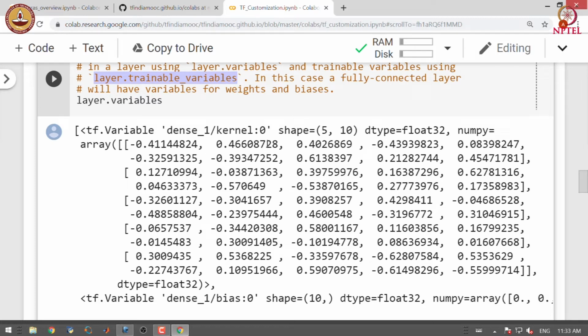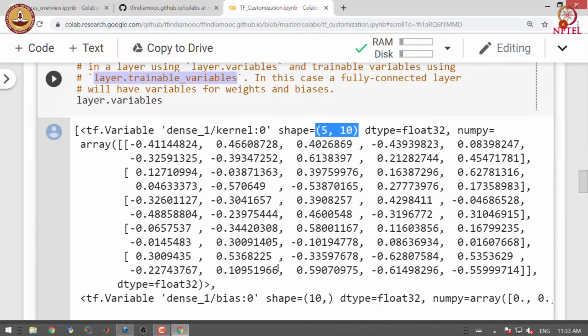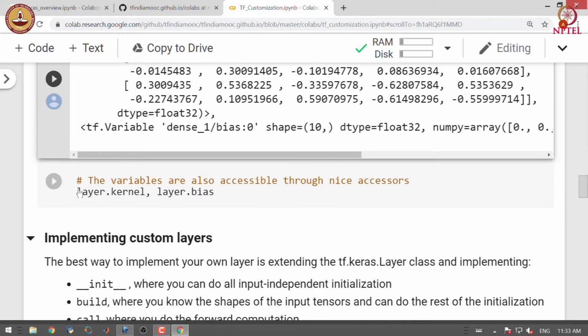You can see that there are variables over here and biases. So, we have a variable tensor that has shape of 5 cross 10 and we have 10 biases. We can also access variables separately.